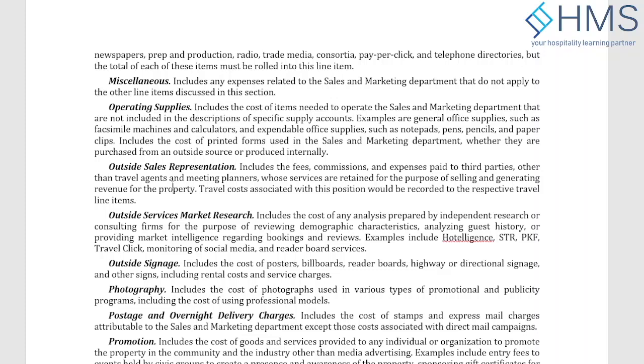But sometimes in the contract they mention that if the hotel wishes them to visit any particular client, they will also do that on the hotel's behalf without charging additional. But the traveling fee and other things are usually charged extra if the hotel is specifically asking for any client visitation. Right? Is it clear?